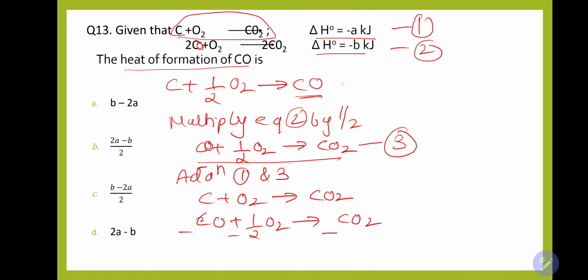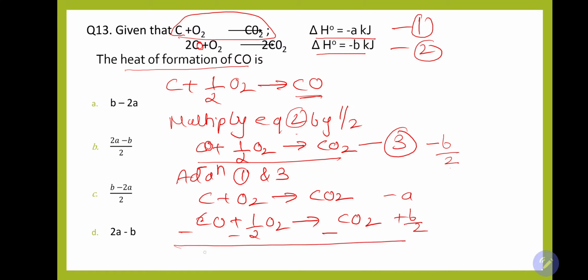What is my first step? So you have to solve this simultaneously. So here what we have done, we have multiplied equation 2 by half. So here also it will become minus b by 2. Okay, so enthalpy will become minus b by 2. Now over here we are subtracting it. So it will be what, equation 1 is minus a, equation 2 is minus b by 2. Okay, so this will become plus. Okay, so what will be the final equation?